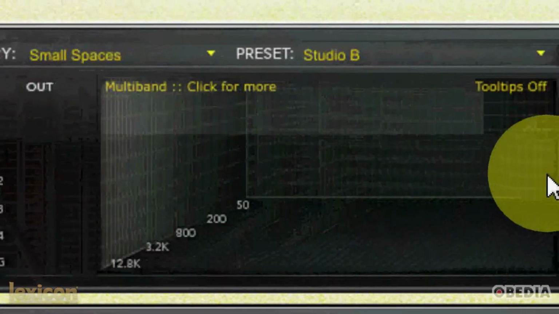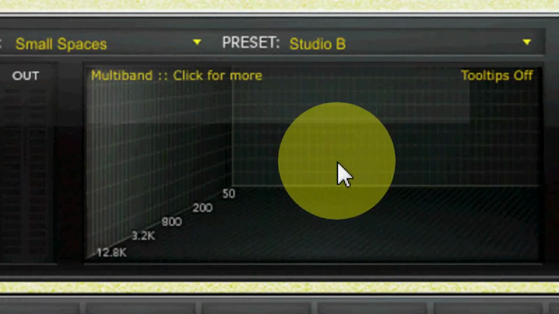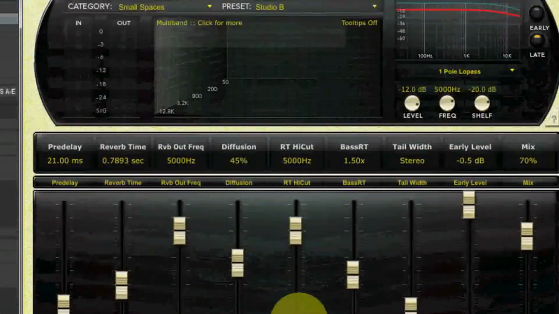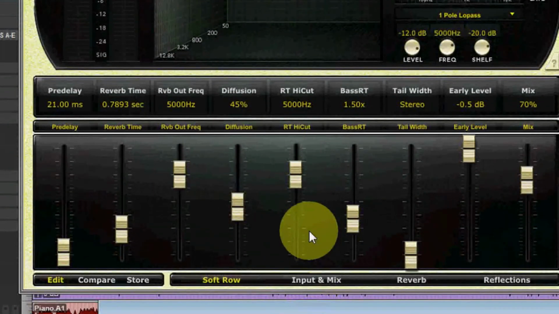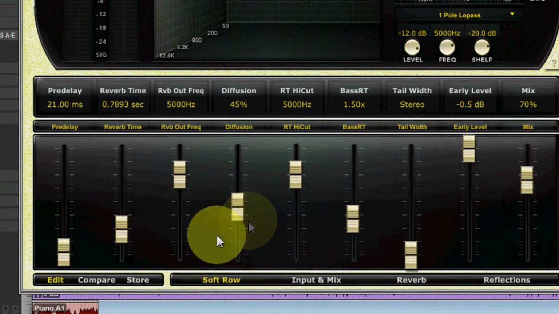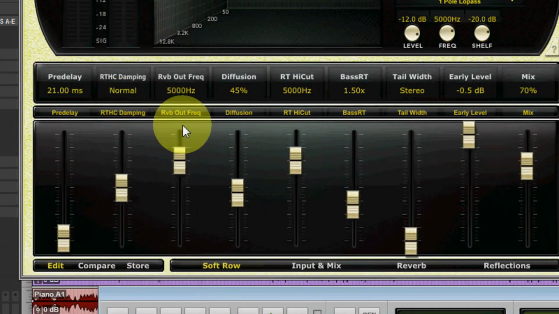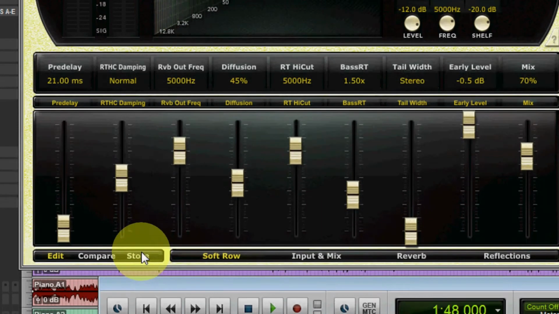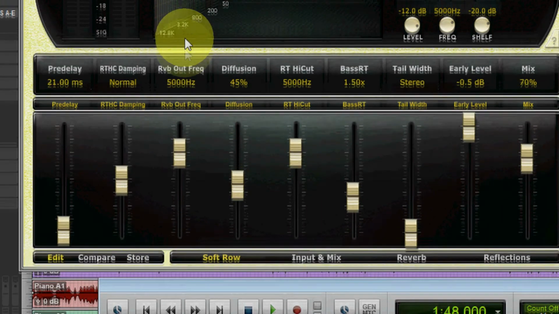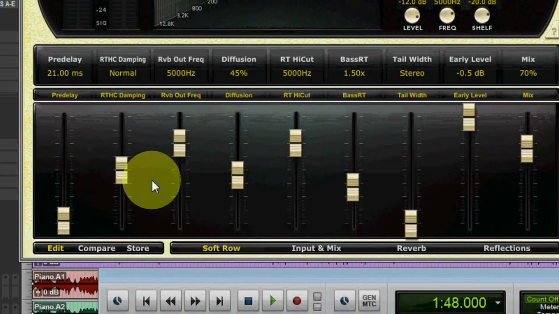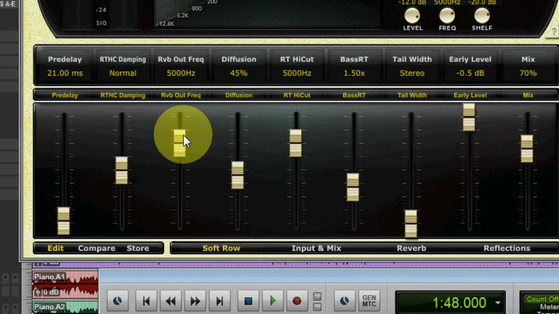We have our input and output meters, and in the center, we have our real-time display, very useful for mixing with our eyes as well as our ears. And then finally, of course, we have our fader section down here on the bottom half of the plugin. One of the most useful features, of course, being the soft row, allowing us to click and select different options which we can hard code to these faders and make available to us as we are going through our mixing process, and of course save our plugins for recalling in later sessions and compare these settings depending on the type of changes that we made and how it is that we would like to see how they are affecting our